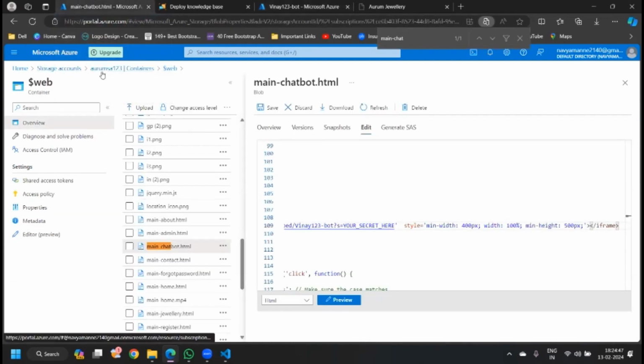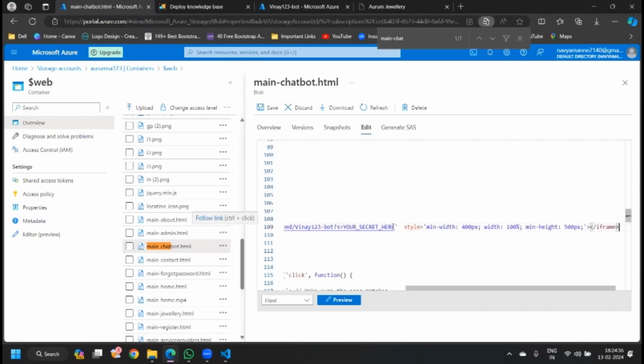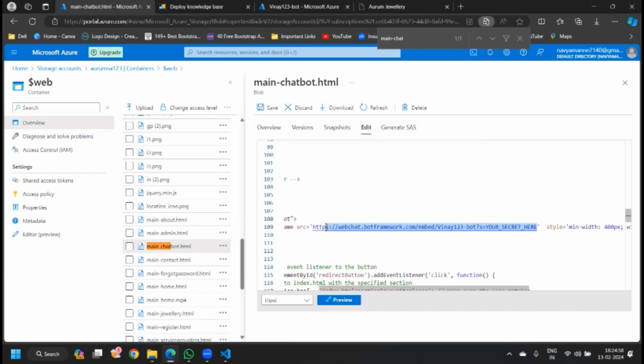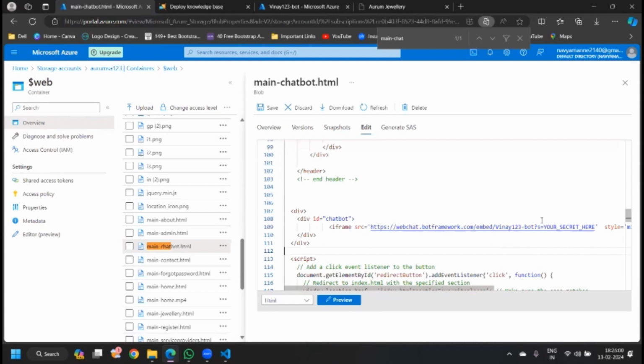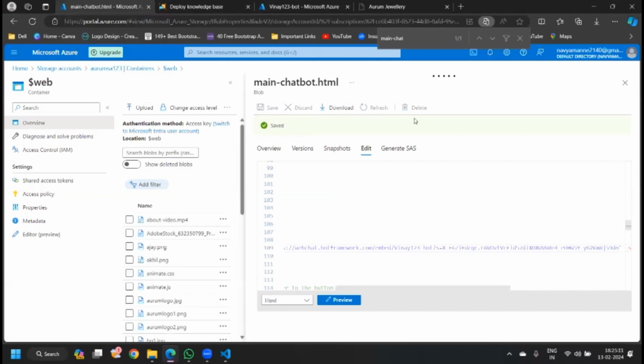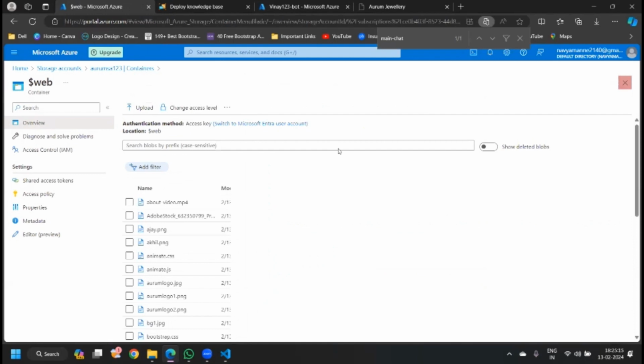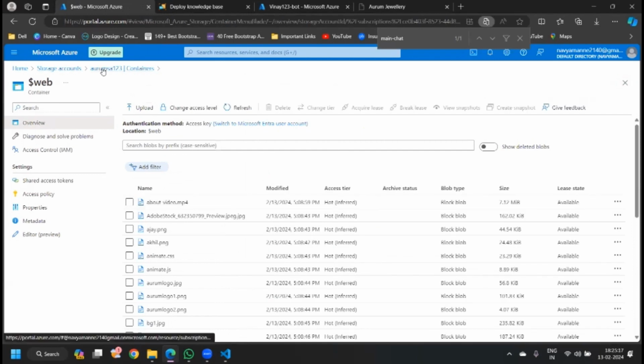In the storage accounts, inside the containers, inside the web, we are going to paste the secret key here in place of the placeholder. We are going to save this. Once saving is successful, we are going to close this